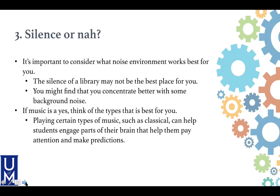Number 3, silence and awe. So does it need to be silent? Or do you need a little noise in the background? Some folks do like the complete, total silence, nobody talking. Some folks like that little bit of going to a coffee shop, that background noise going on, that helps too. Some folks like even music, or just putting a TV show or a movie on just to have some sort of distraction in the background that doesn't take you completely off task, but keeps you focused enough